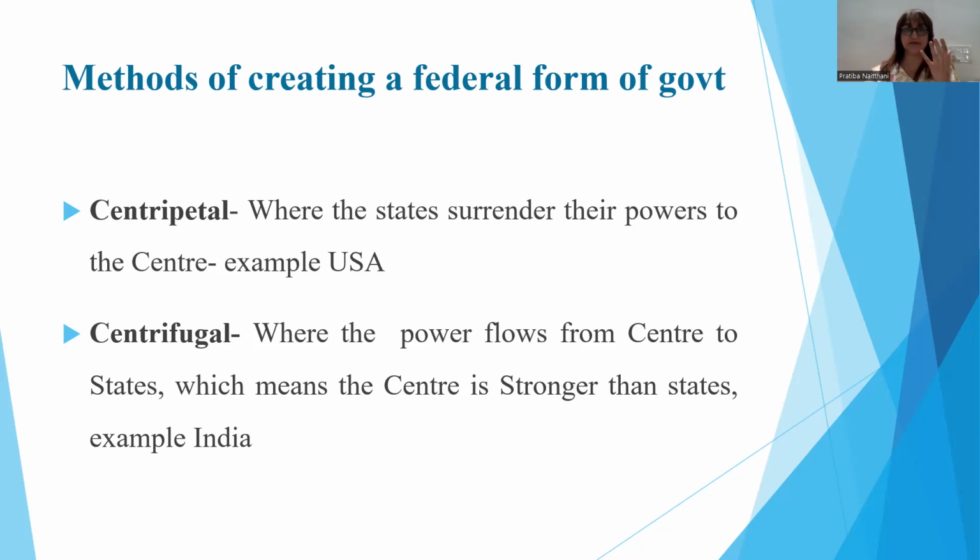So thus, these 13 countries surrendered some power to the center, and they had that historical convention in 1774. They organized a meeting of all these 13 countries in Philadelphia, which is popularly known as the Philadelphia Convention. In the Philadelphia Convention, the representatives of all these 13 states met and agreed to form the United